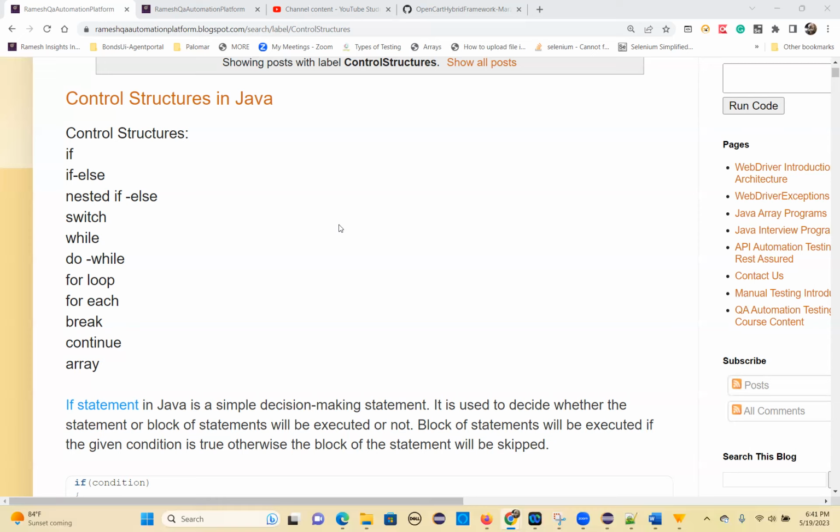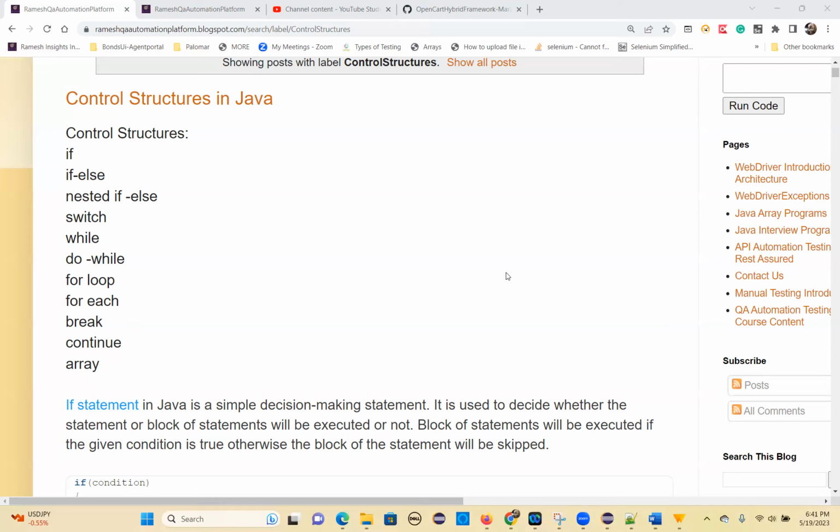An array stores more values at a time. A variable stores only a single value, but in an array you can store multiple values of a similar kind. All strings can be stored in an array, all integers can be stored in an array, all double values can be stored in an array. That's our control structures